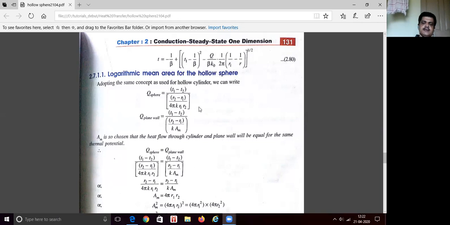Understood? So here we are making an equivalent plane wall which gives the same effect as the sphere. Through the sphere we know the heat flow equation. If the plane is considered, we know it is L by K A m, where L is R2 minus R1. How much A m do we have to take so that Q sphere and Q plane wall will be the same? So by equating those two, we get